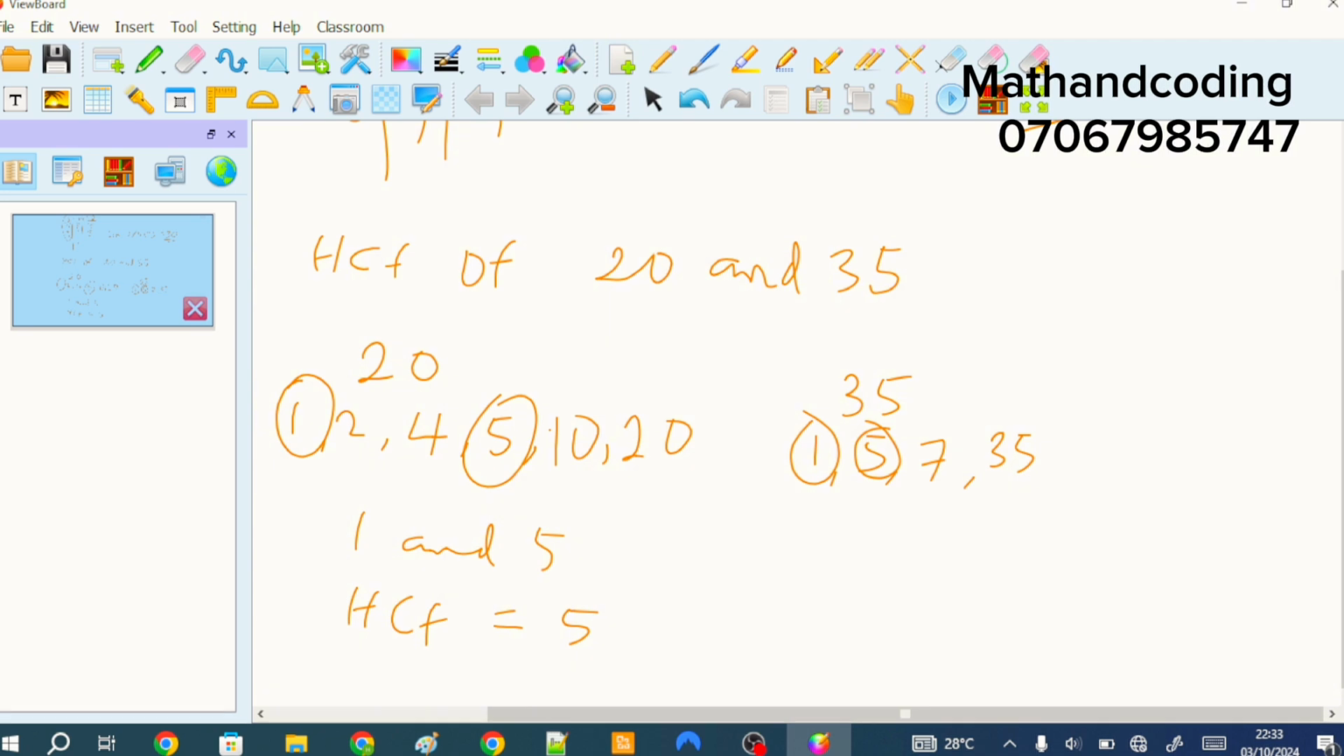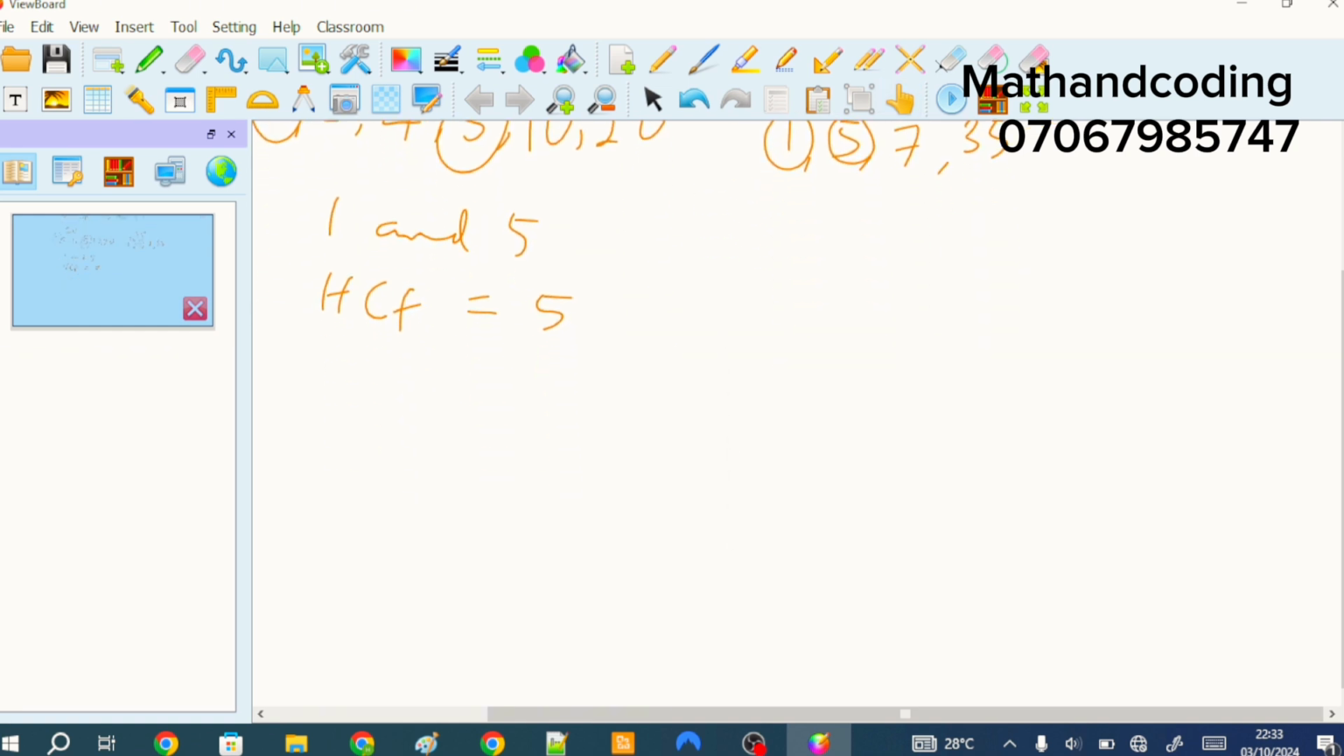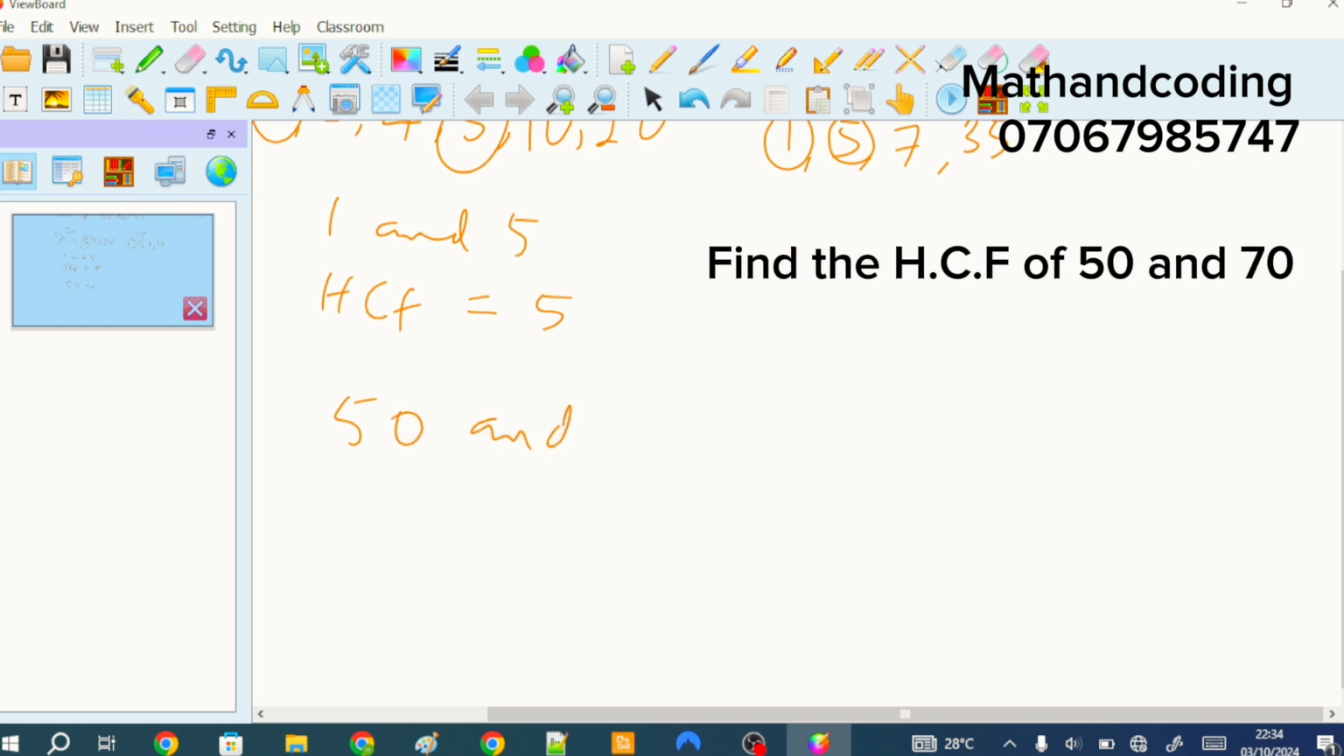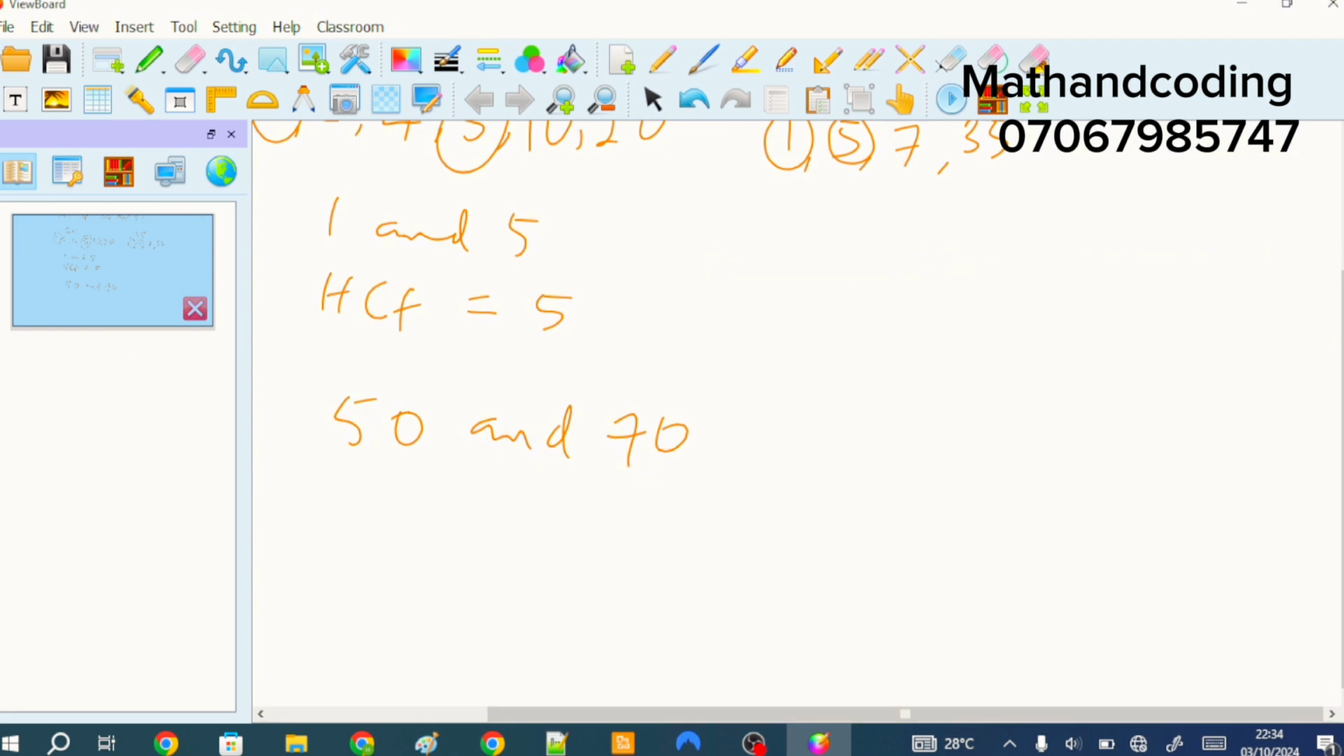HCF, highest common factor. So let's find the HCF of 50 and 70. Look for those numbers that can divide 50. Those numbers that can divide 50 are